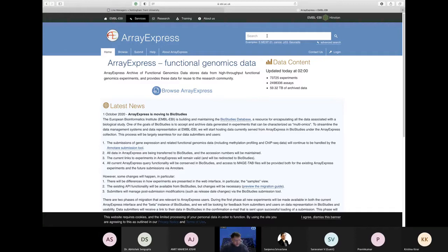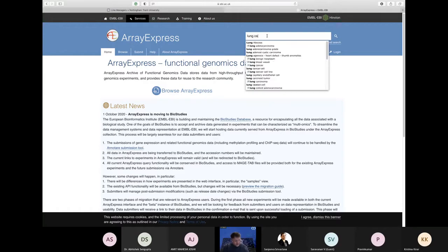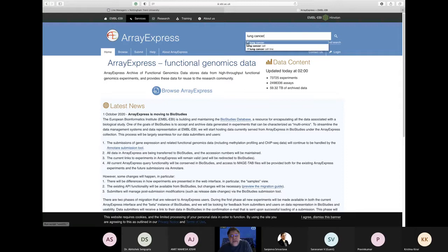So here, for example, I want to search for lung cancer, you can see that it's quite a detailed search. I can look for lung carcinoma, lung lymphoma, lung sarcoma. So you can see that it gives me a kind of dynamic search. And I can search for lung cancer cell or lung cancer cell line. So there's quite a lot of options even in the search. But I'm going to look just for lung cancer now. So if I click on search,